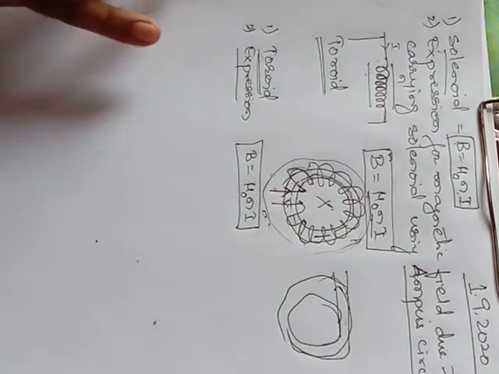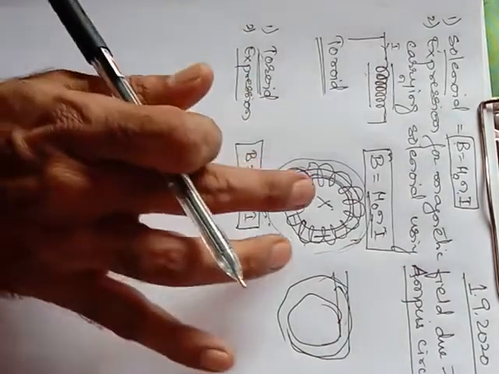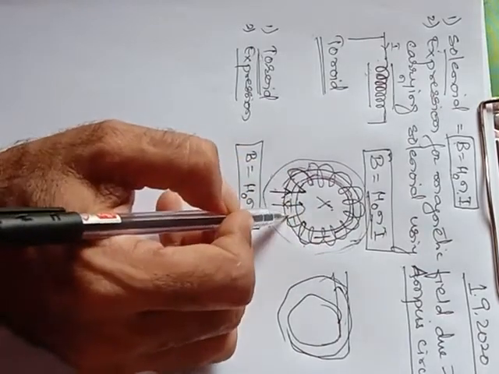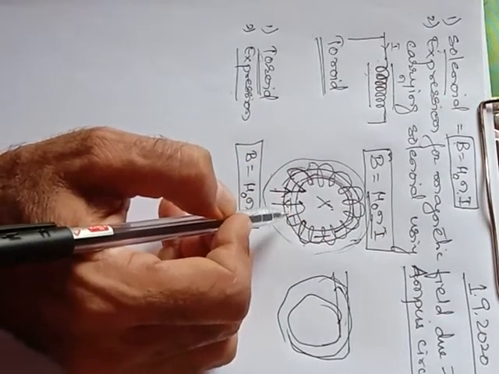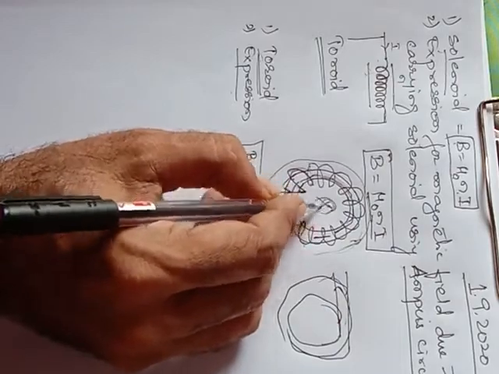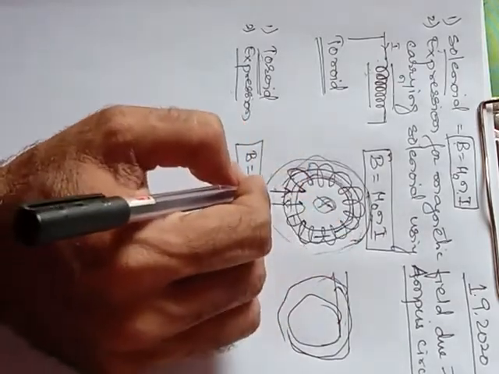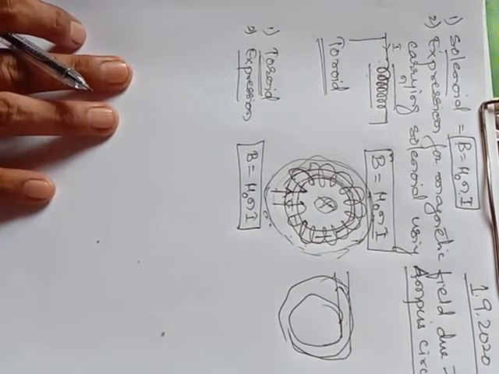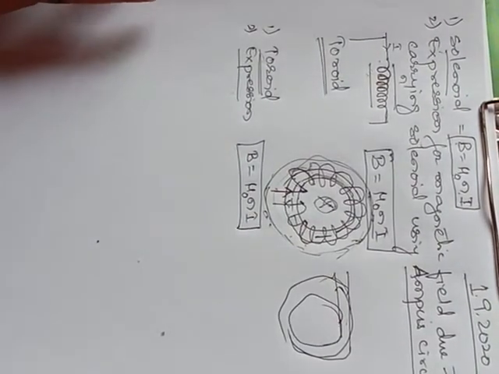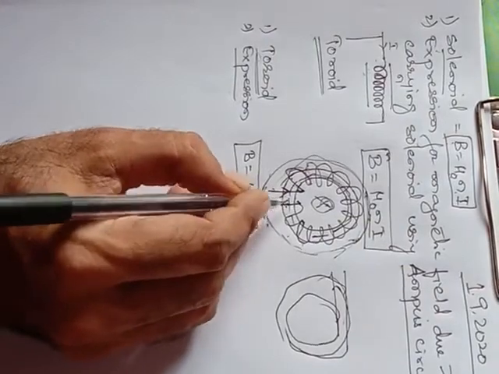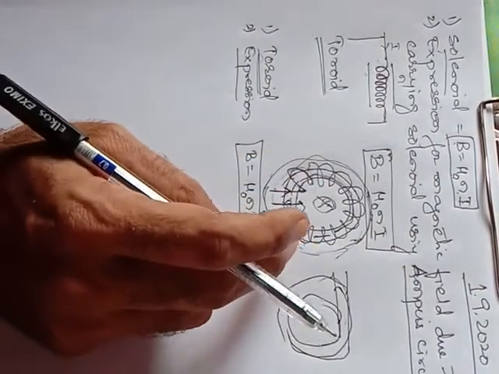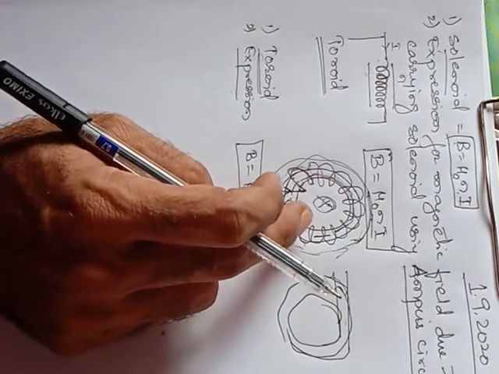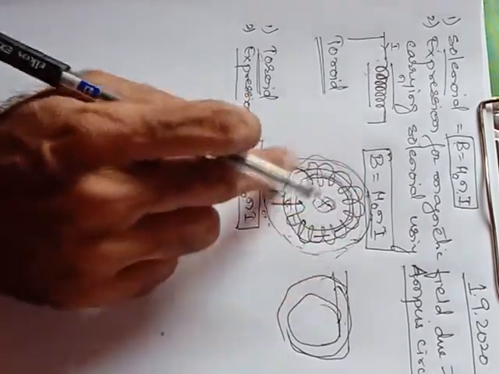So therefore where the magnetic field will be there? Magnetic field will be there inside the coil. Inside the coil magnetic field will be maximum. So at this particular point and outside the toroid magnetic field will be 0. Clear हो गया? So this is the diagram for toroid which is carrying the current and has the magnetic field.